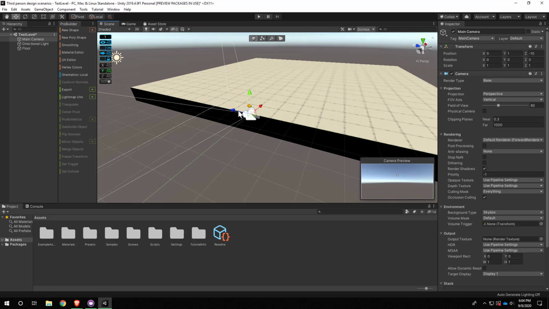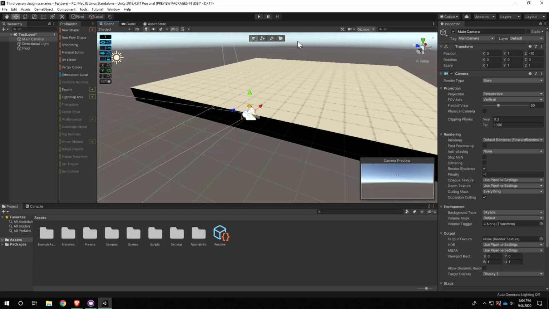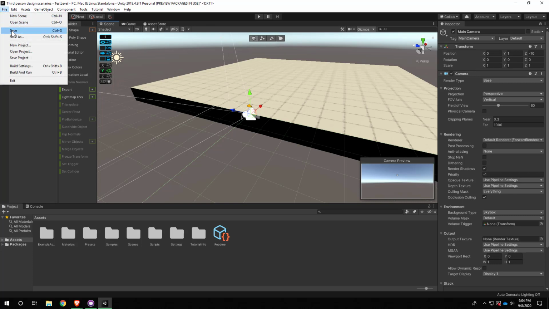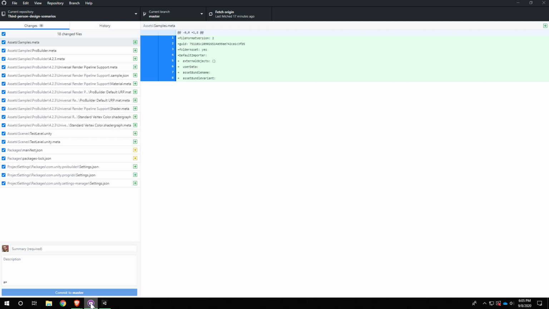The camera doesn't have any faces, so it just doesn't work when you have it on any of these options that aren't object selection. So that is a common gotcha with ProBuilder. Just be aware, if you don't see the move handles or the rotate handles, double check you're actually on object selection. Okay, so I'm going to save my test scene here, and I'm going to go to GitHub,